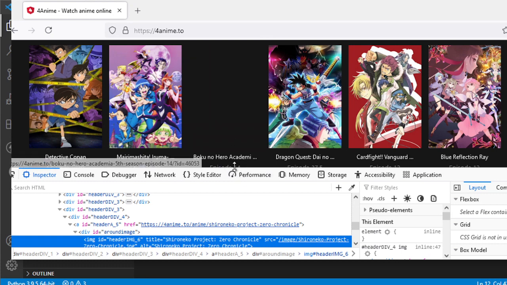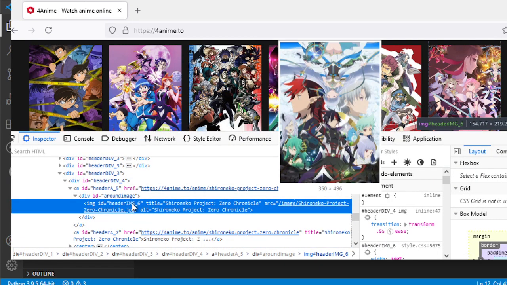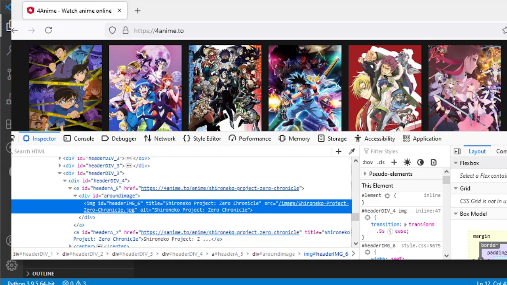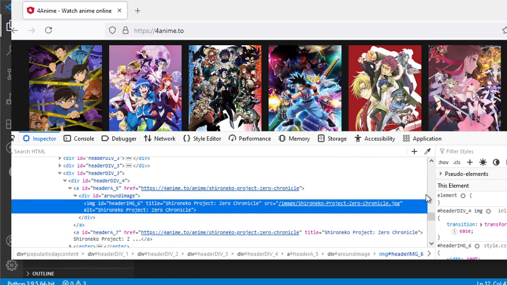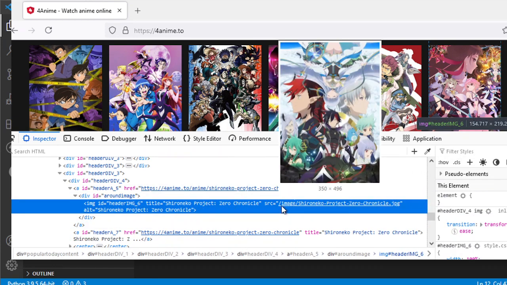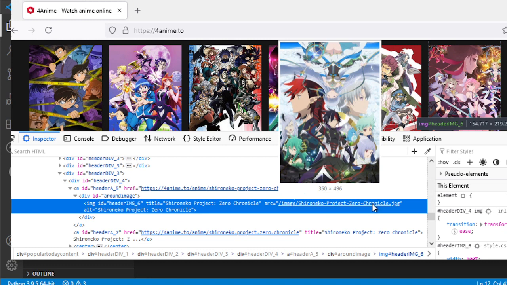Okay. As you can see, this is the image. I'm going to move this here so that we have a clear path. Okay. Now this is the problem. The problem is this one only displays a short path, which means that we cannot get the full path for this one. The best way to identify the full path for this one is we need to right click or simply